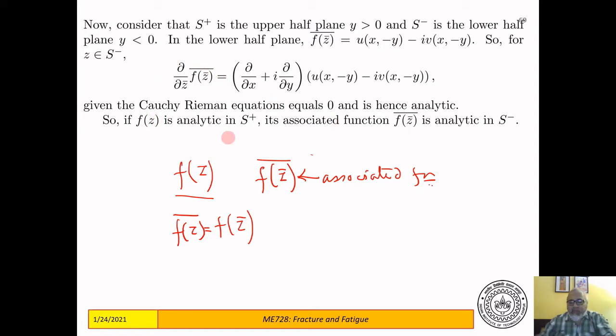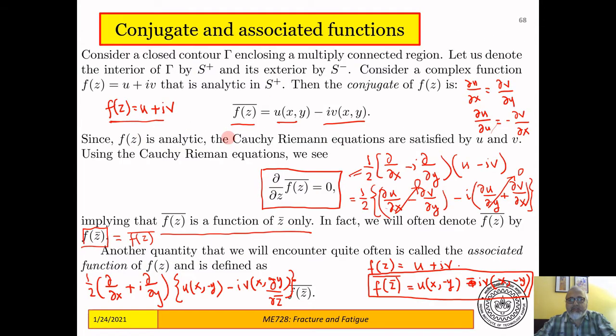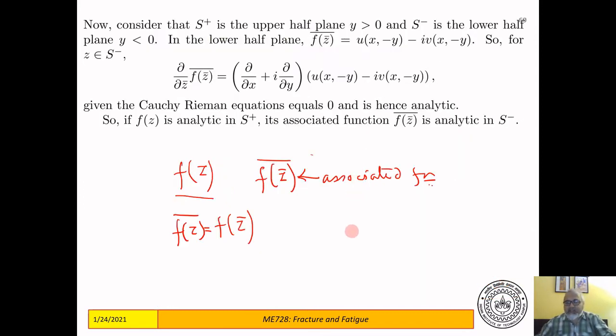So if I now define two domains, say I have a complex plane, and then I have some region in the complex plane which I denote by S plus. The easiest example is, let us write, the upper part is S plus and the lower part is S minus, let's say,